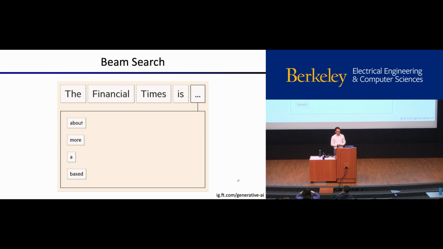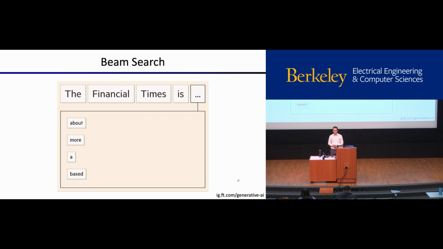So we have about, more, a, and base. These are like all the possible completions of this sentence. This graphic was made by the Financial Times. They say the Financial Times is about, the Financial Times is more, the Financial Times is